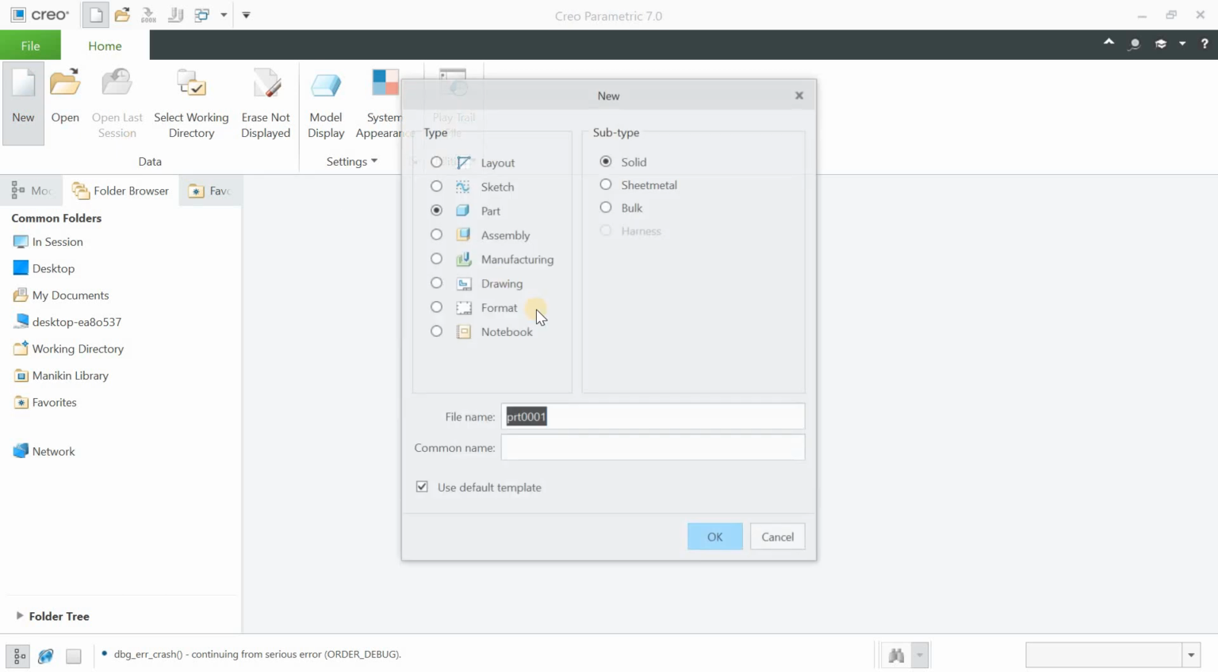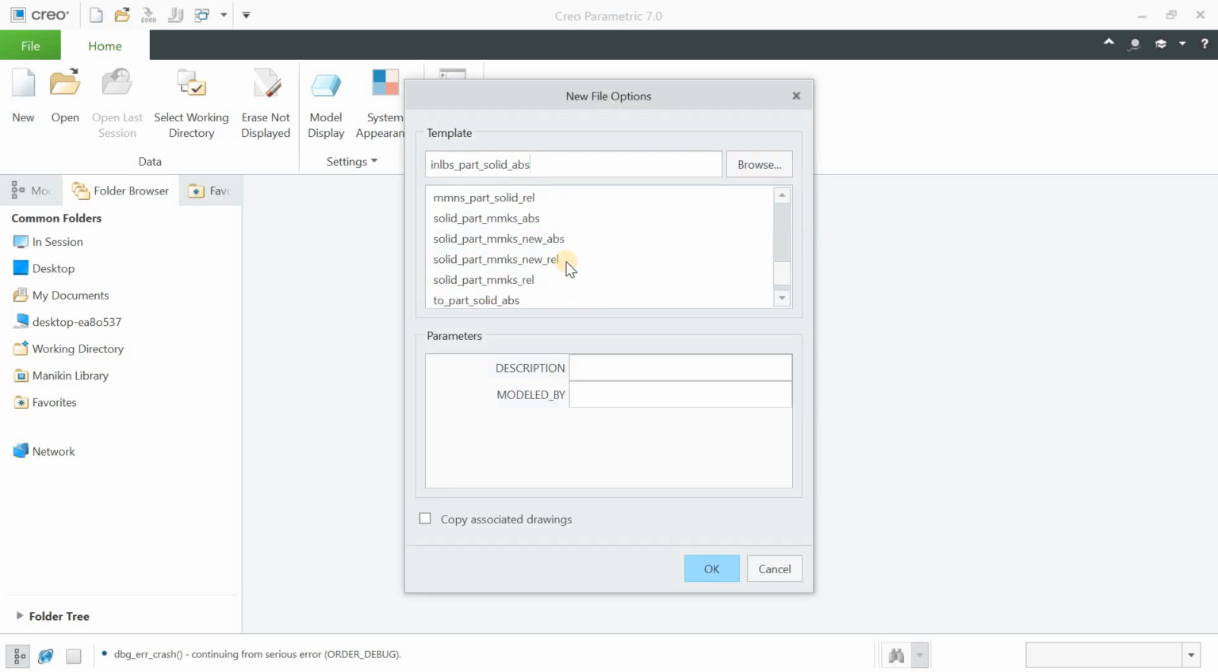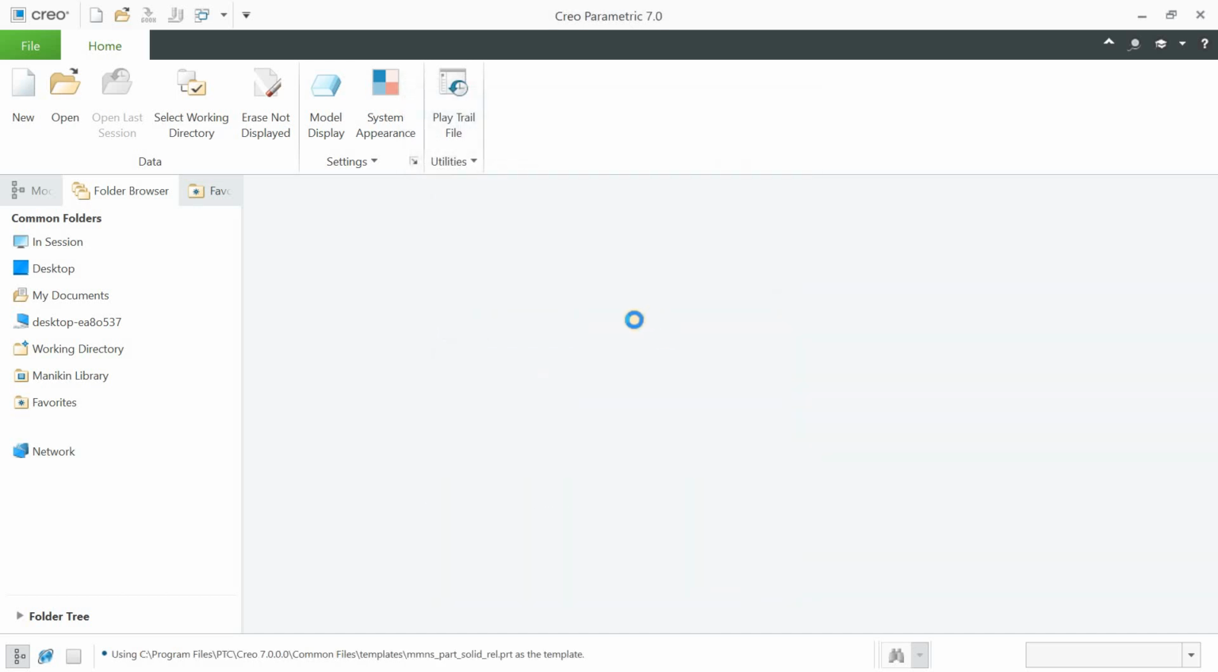I want to click on the new part, solid, assign the proper name, uncheck this to use the proper units, and this time I will be using the millimeter part solid. Okay,